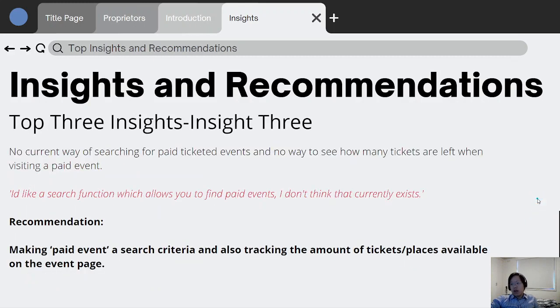The third insight was we've had some users express frustration that there's no way to actually filter in a search for paid events, and that makes it very difficult. Again, the according solution would be to encapsulate that in a filter, which would form our recommendation based on